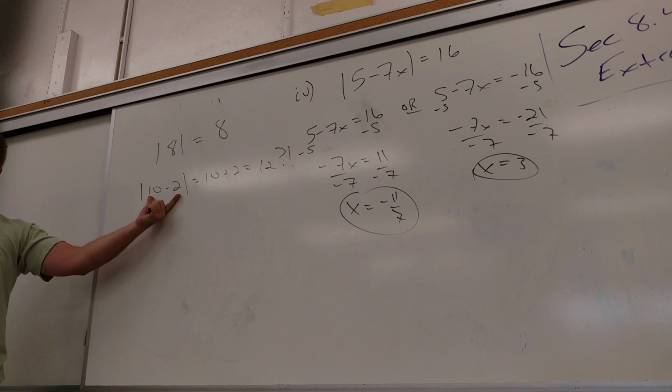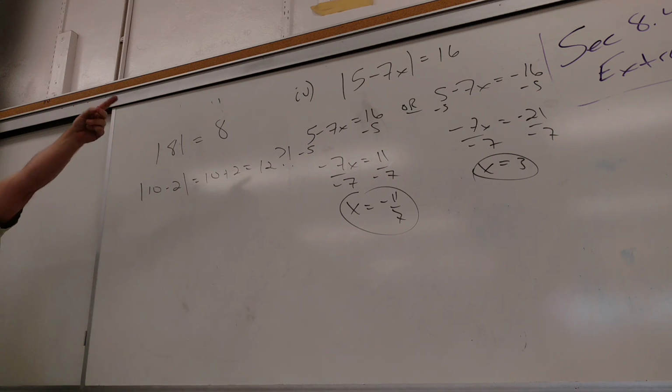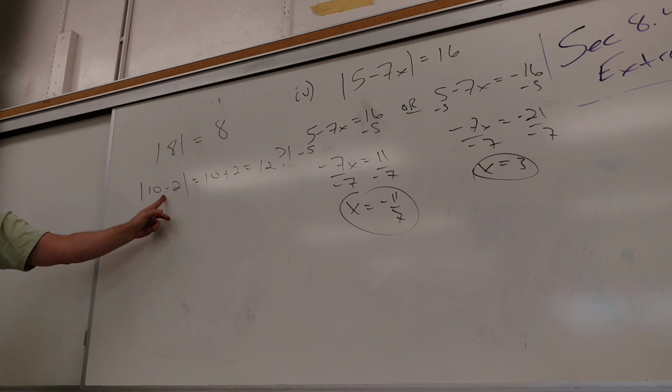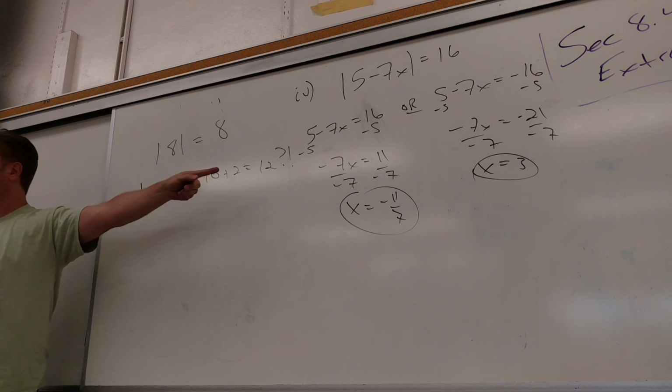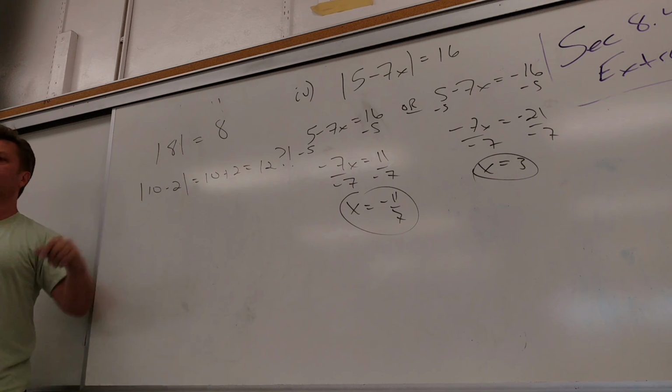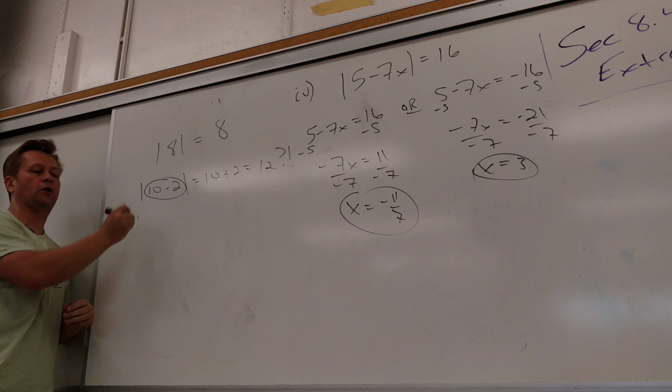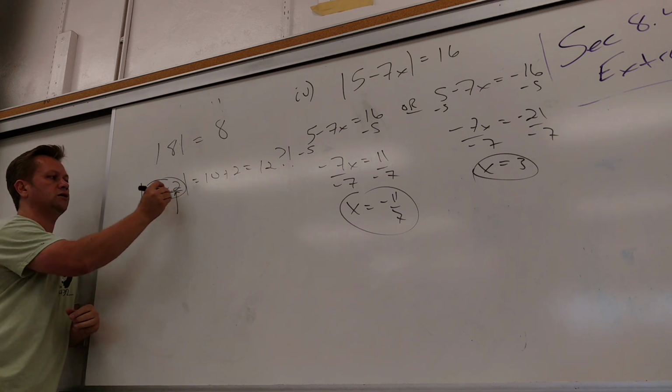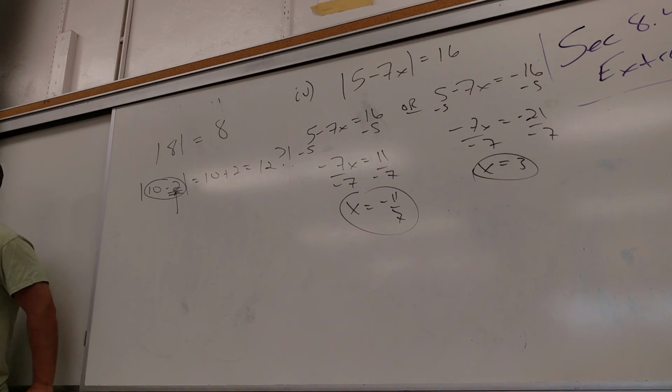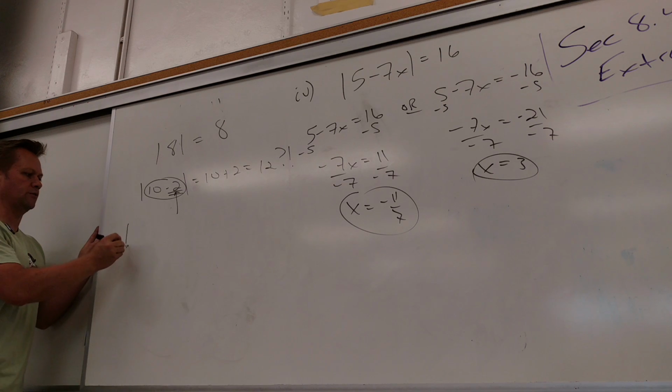Well, 10 minus 2 is 8, isn't it? But if I do this, do I get the right answer? No. Why? Because I didn't take the absolute value of this number. I took the absolute value of a part of the number. I'm not allowed to do that. Do you see what I'm saying? So if I see absolute value of x minus 3,